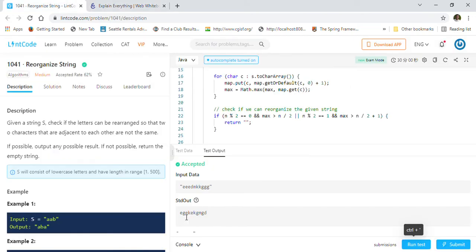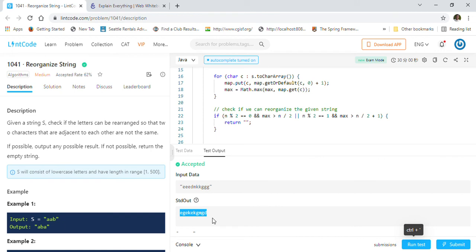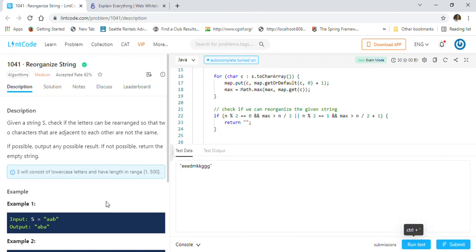So as you can see, our solution is accepted. We are getting EGEKE, KGMGD, KEMGDG, right? So we are getting it correct. So let us go ahead and we can also try the string they have given us here.